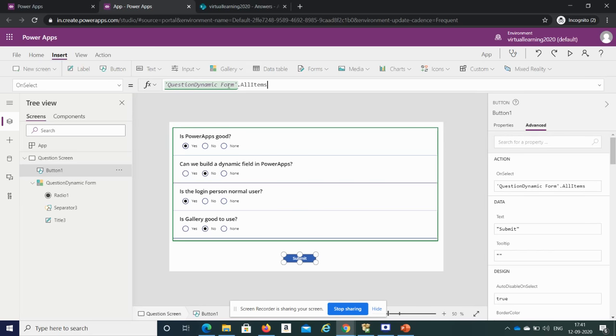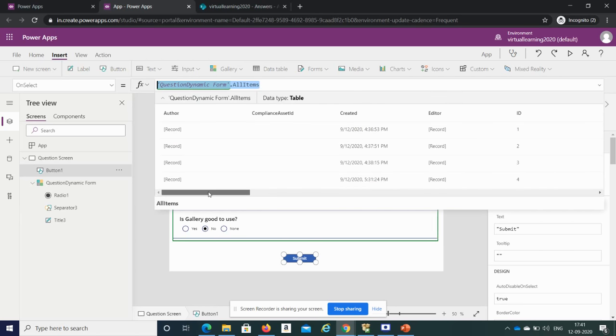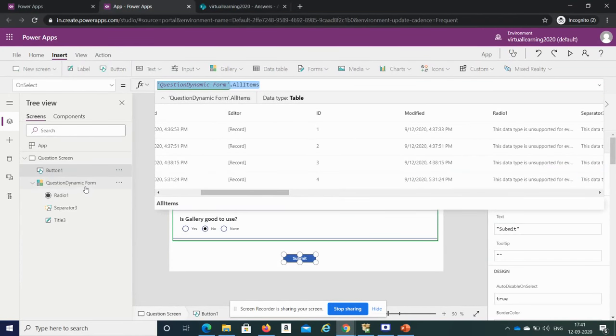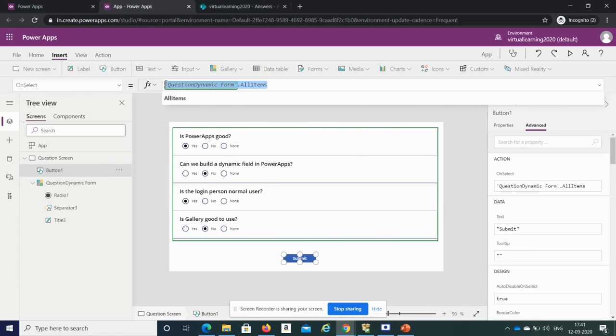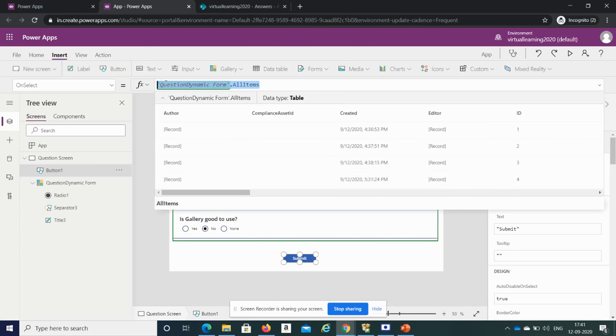When we hover on this, we will see all the records present in this question dynamic form, as well as these controls, like radio 1, separator 3, title. All these things are coming up in this record. I was just showing how to see what records are present.